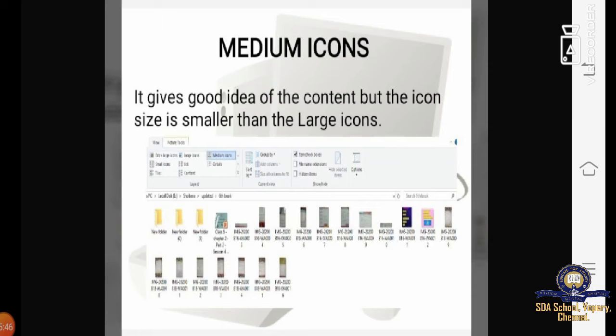If we keep them in large icons, the folders may become difficult to manage, so you can make them into smaller icons so that you can add many folders and use them. Whichever folder you want, you can open that, and then you can go through each folder.